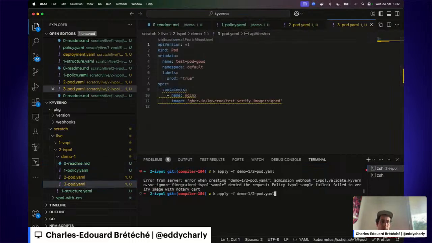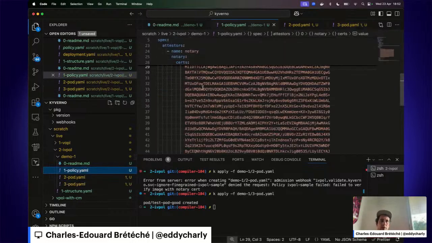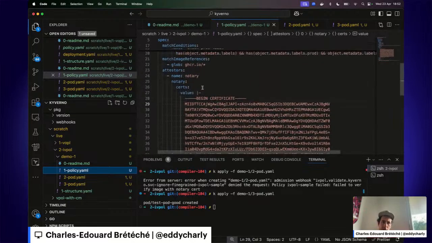And if we try to apply the pod that was signed by the right certificate, this time it should work and be accepted. So this was accepted because this image was actually signed with the same certificate we have in the policy.